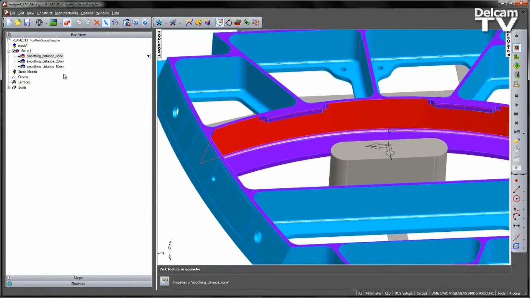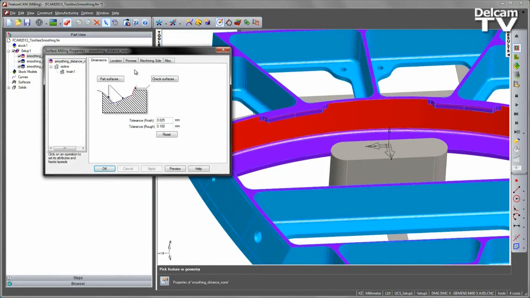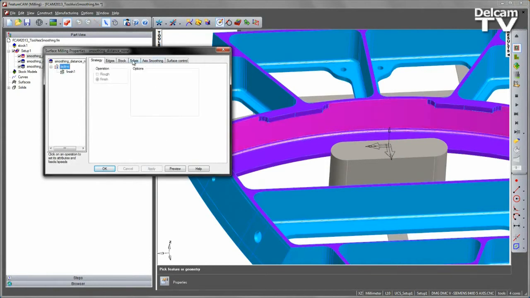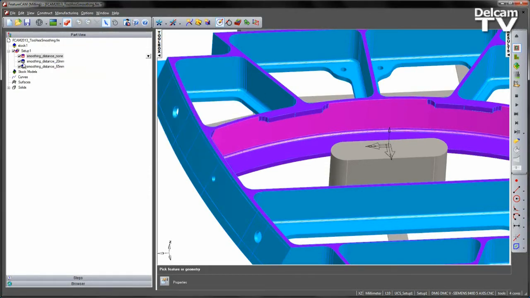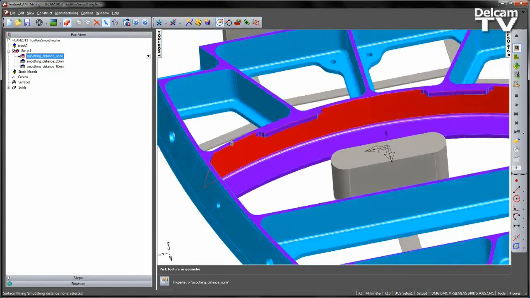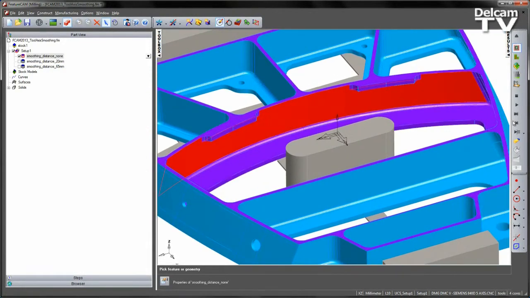To do this, what we've created here is an isoline operation, and under the 5-axis tab we've instigated the tool axis collision avoidance, using a lean then lead operation. If I uncheck the two latter toolpaths and just simulate this first toolpath,